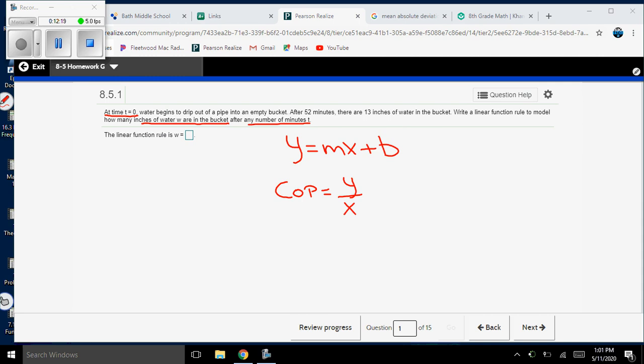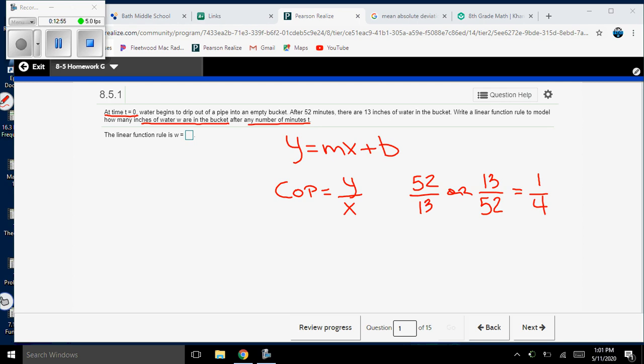Do you think we're going to go 52 over 13, which would mean what? About 4 inches of water per minute? Or would we go 13 over 52 as our COP, which would represent what? 1/4 in that situation. So let's go W equals